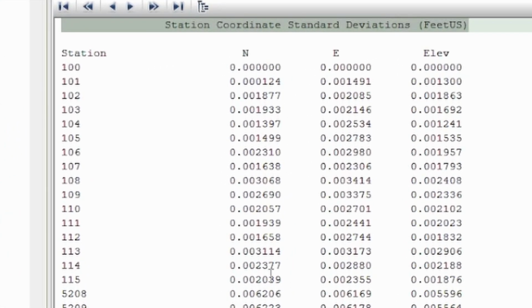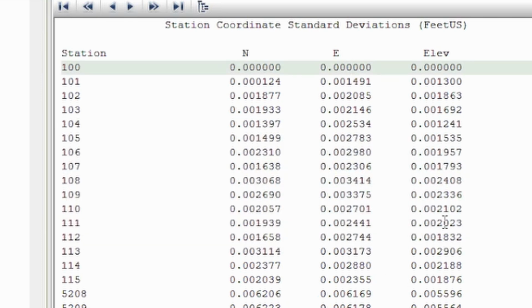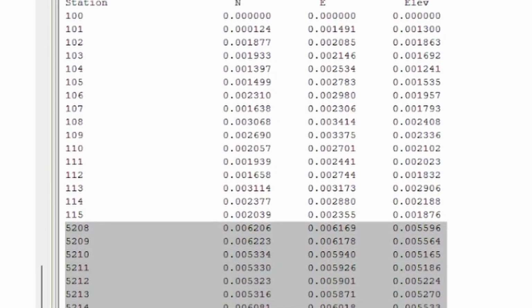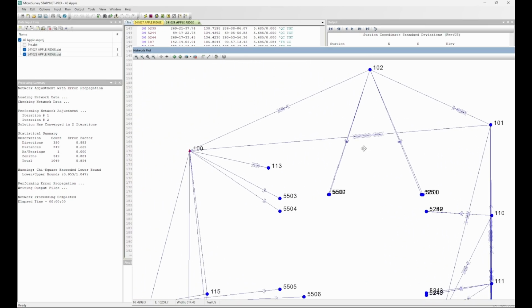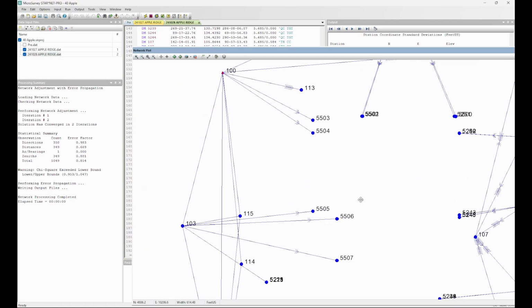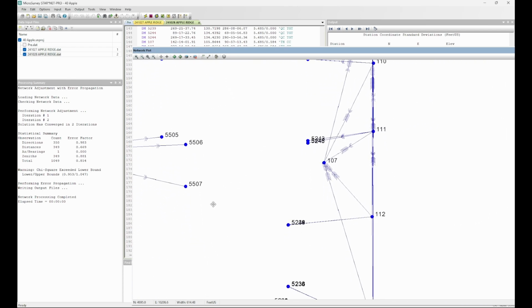Those extra observations from the total station really helped to tighten up the survey control network in StarNet, with standard deviations of our control hovering around 2 to 3 thousandths of a foot or 1 millimeter in each axis. However, the standard deviations on our QC targets were about 2 to 3 times worse than our traverse hubs and common points. This was because, like I mentioned previously, the QC targets were only measured from a single control point, but since the traverse hubs the QC targets were tied in from had great coordinate quality, all the QC target